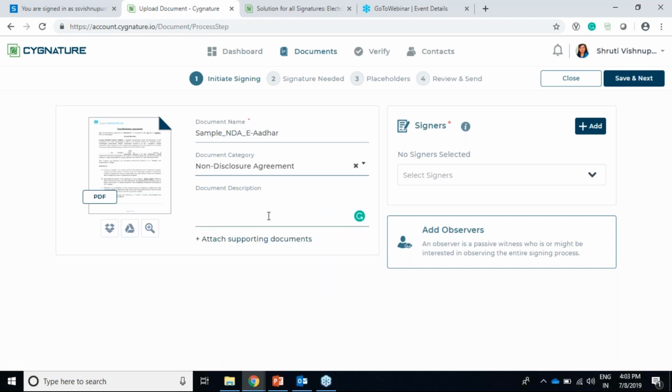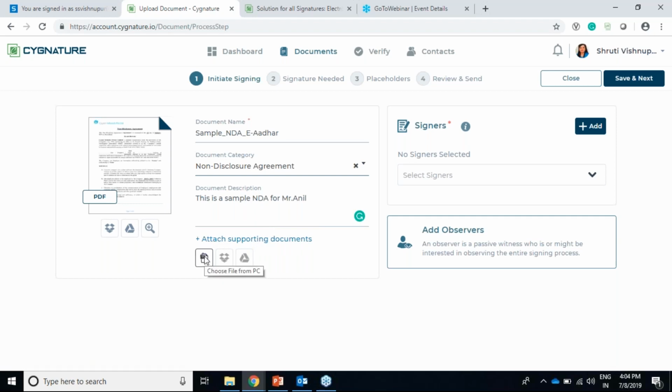We can write a description like, this is a sample NDA for Mr. Anil. Now I can attach a supporting document with this email. This is a new feature which we have come up with.